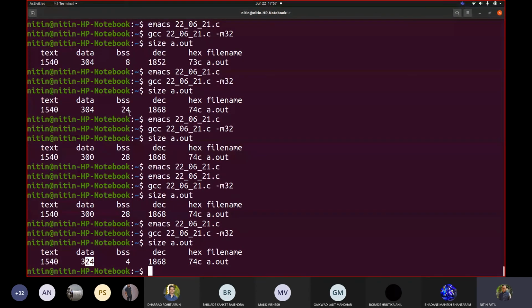So one thing you have to note down is that your program is divided into different sections. Major sections are text and data. Data is further divided into 2 parts, initialized and uninitialized. The initialized part goes to the data section, the uninitialized part goes to BSS. BSS is block starting with symbol. Understood? You can let me know if there is any further question or query.